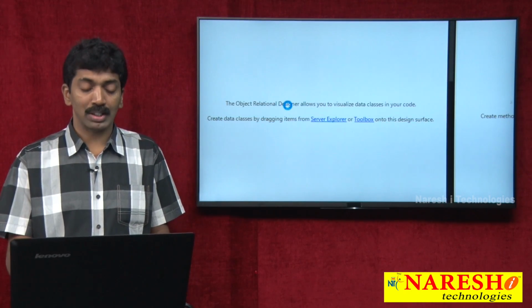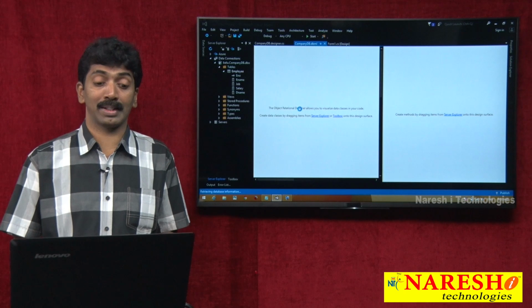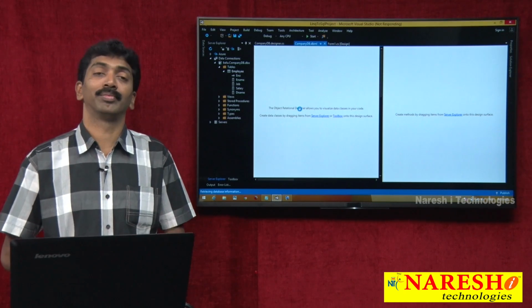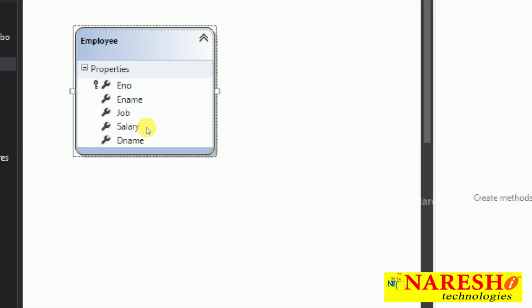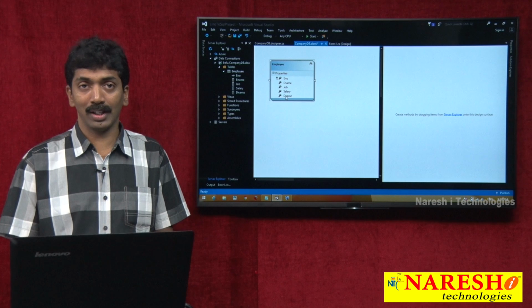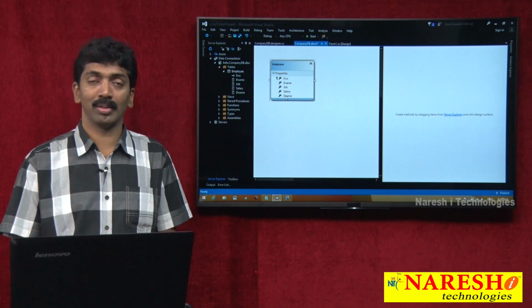And now you will see a visual representation of your table, the table you just took: Employee, with all the columns. What is happening? I'll tell you. See, 2 things are going to happen for you. First,